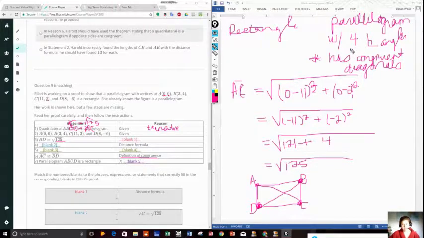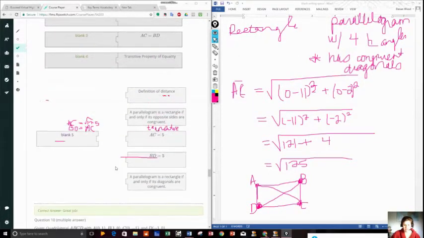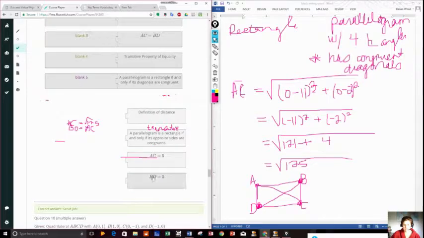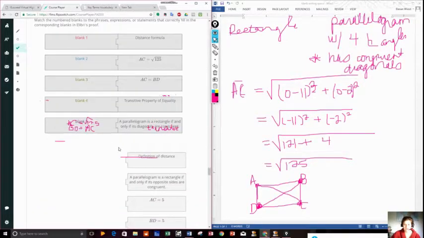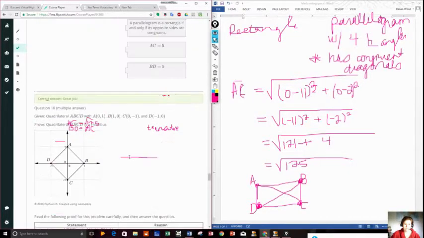It's because we haven't learned about how to prove that we have right angles. We will though. So I would definitely add that it has congruent diagonals into your notes. So blank 5, a parallelogram is a rectangle if and only if its diagonals are congruent. All right, that's where we're at, and we're gonna check it. I like submitting it every time just to see if I'm correct